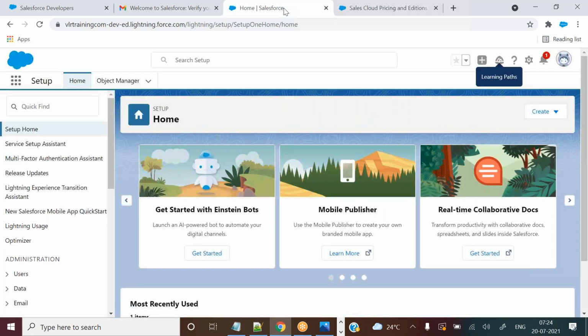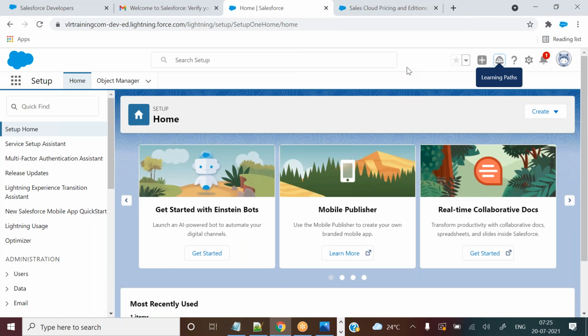It is the same screen, there is no difference, not even a pinpoint difference, whether it is a paid org or a free org. You see the same screen and the same features.